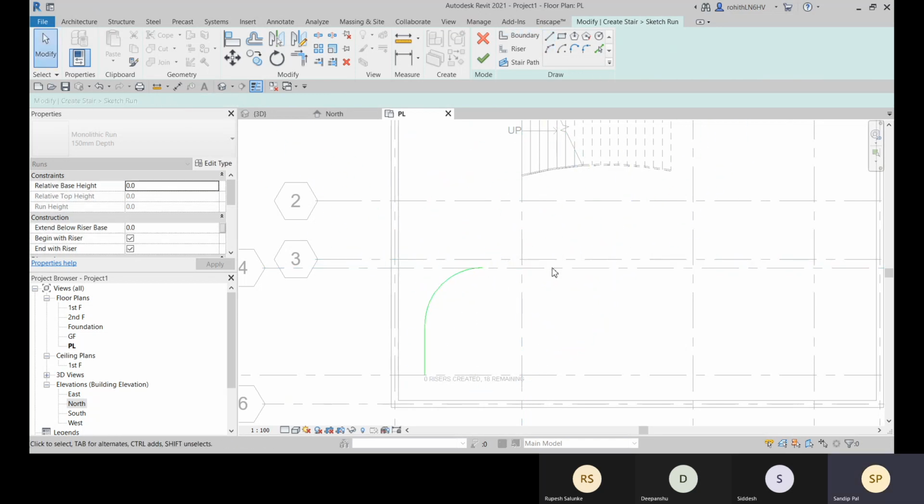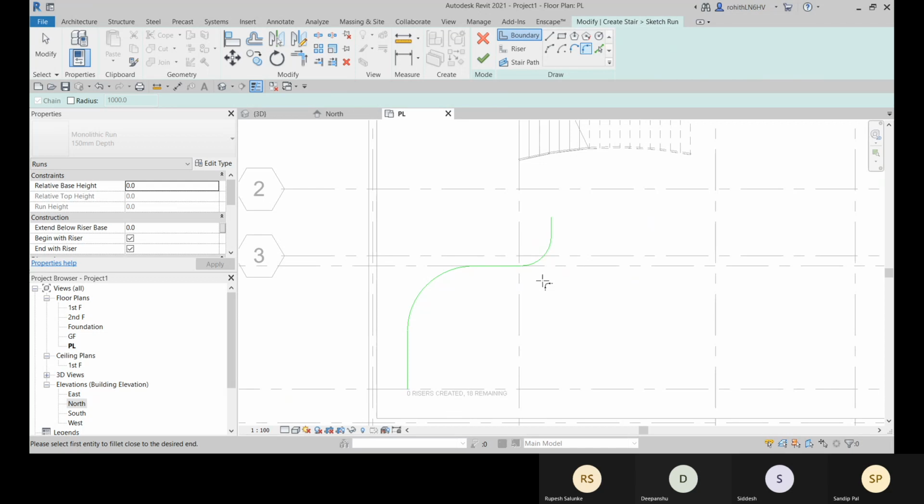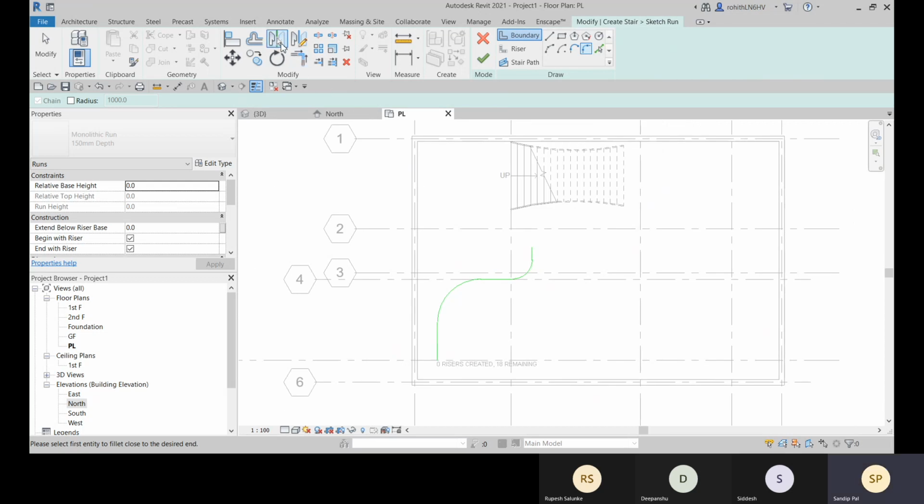And go to this 9 now. This kind of shape also you can create, and there you can provide fillet arc. Can give it offset 3000.